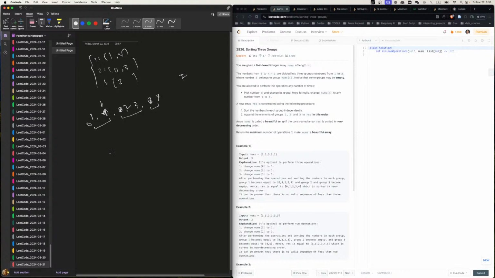So basically, we have these groups of numbers, and you just need to know whether this number is belonging to the right group, right? And how do you know it belongs to the right group? Well,